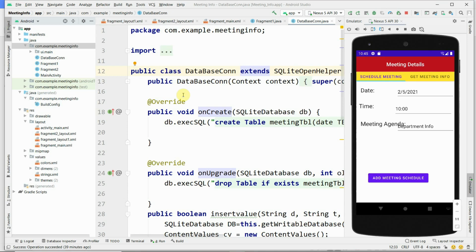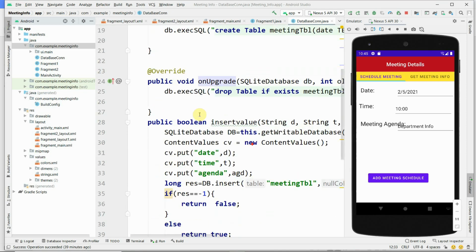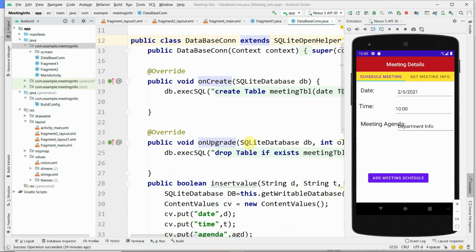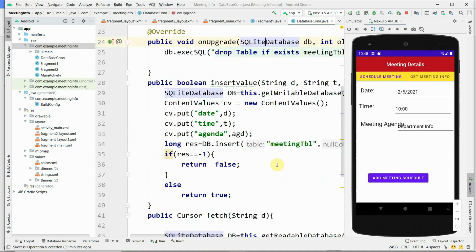One is a constructor of SQLite open helper, another one is on create. The two methods on create and on upgrade, using SQLite database object, you have to select.